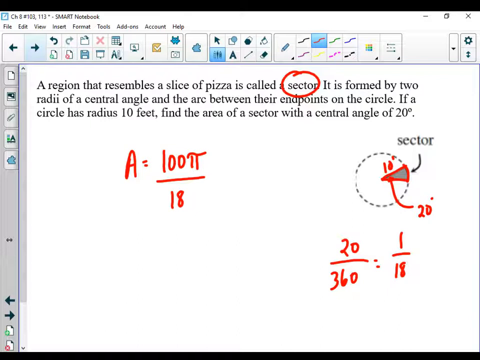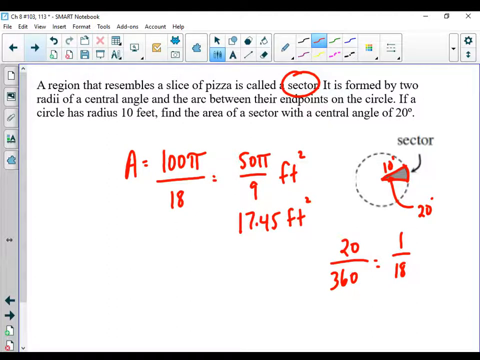Now, when I do this, if I keep it as an exact value, I probably want to reduce it down. So this one would become 50 pi over 9. And that was in feet, so square feet. But I could also multiply it out if it didn't say anything about keeping it exact. So this is going to be approximately 17.45